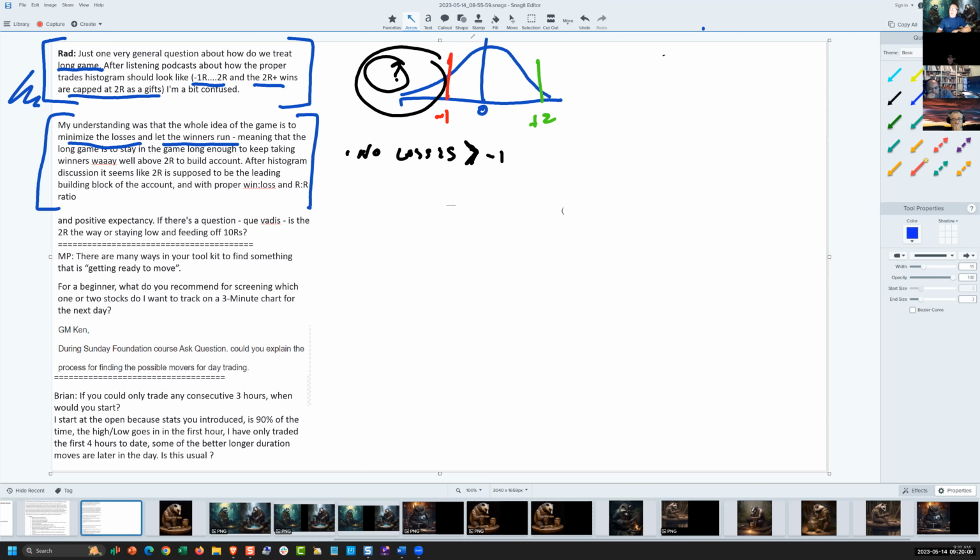The second thing I look at is in the space between -1 and +2. What I'm looking for in this region is a histogram that looks something like normal, and it has something like 85% of the trades between -1 and +2. And the reason for that is that, especially on the day trades, I'm looking for